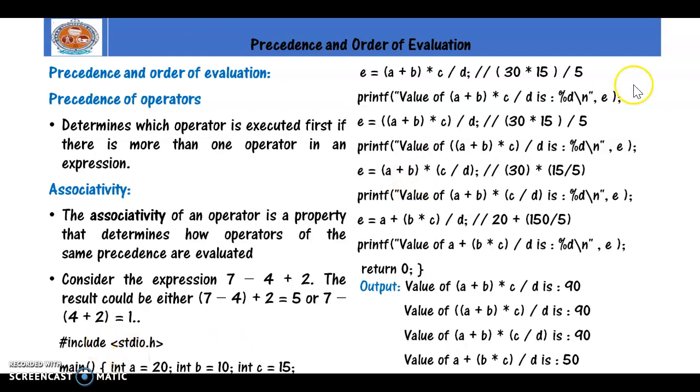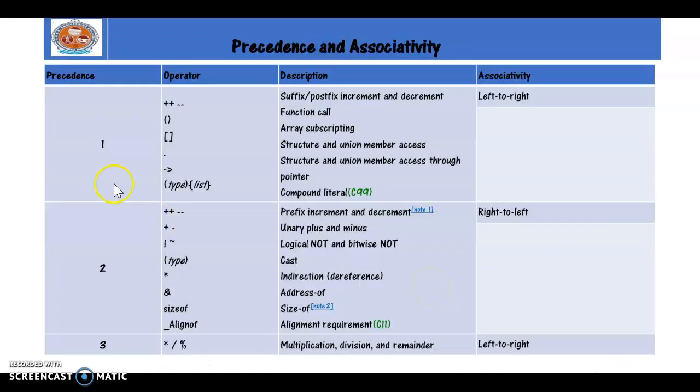Before that, we have written some programs here to evaluate some expressions. If you observe, the expression is the same, but we are varying it by braces. You can observe here how the output is changed. So this is the precedence, that is the priority of the operators. If you observe the braces, arrow symbol and dot, these have the highest precedence. Whenever you get expressions with these, they must be evaluated first. This is the reason why the expression within the braces gets evaluated first.